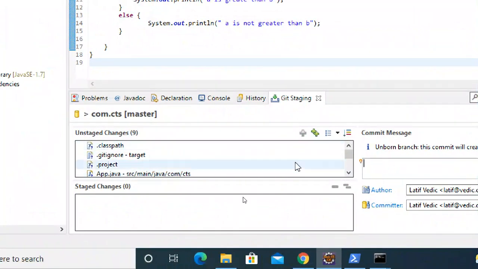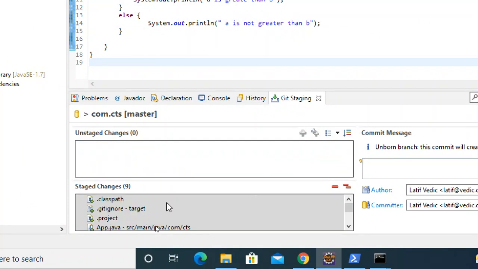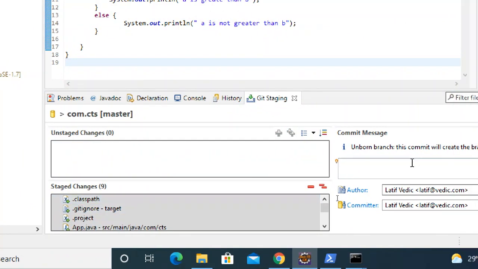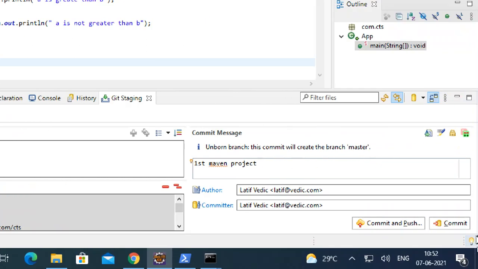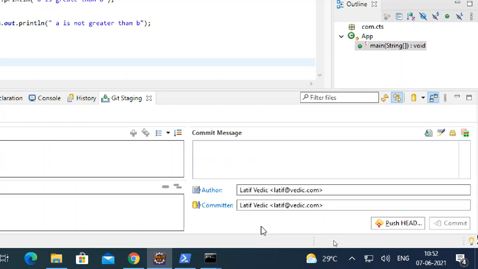Unstage and stage: you have to add all these things before you do it. Now everything is staged. Now commit. First Maven project. Commit and push, or commit only. Later I will do push.